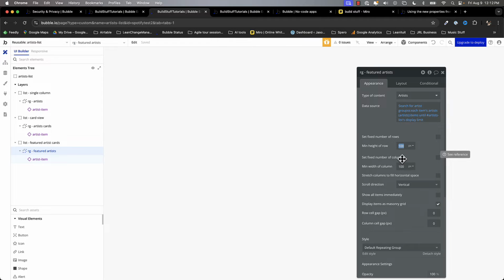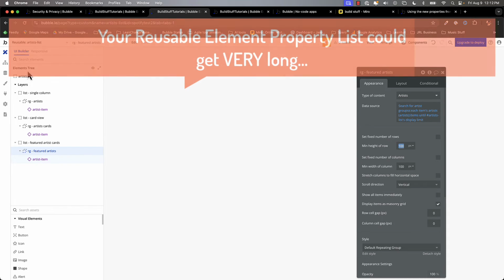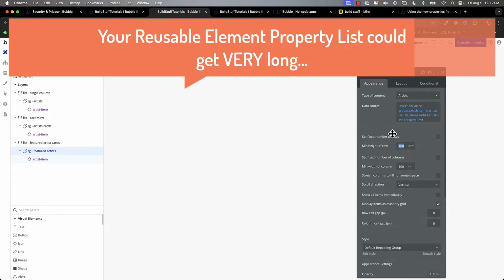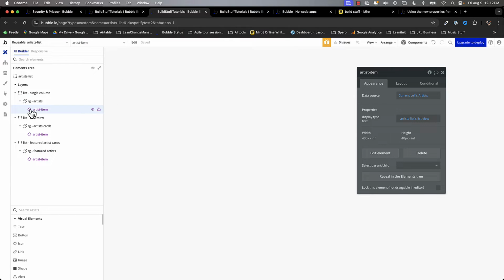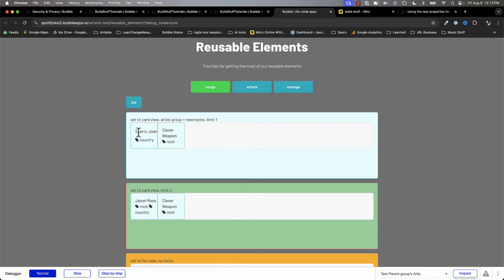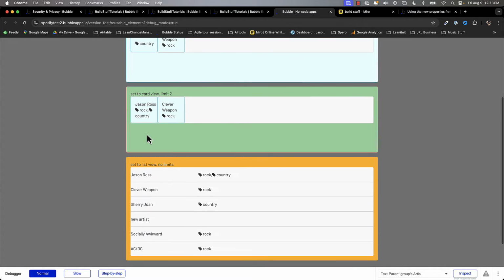Now you can set some repeating group things dynamically, but for my purposes, this just makes it a little easier to deal with. So if you notice, inside all of these repeating groups there's also my other reusable element, and this is the artist item. So this is what shows the display of that artist. And I have this one very simple. It's just going to show what view you want to use. So that's controlling whether you're seeing a card in here or a list